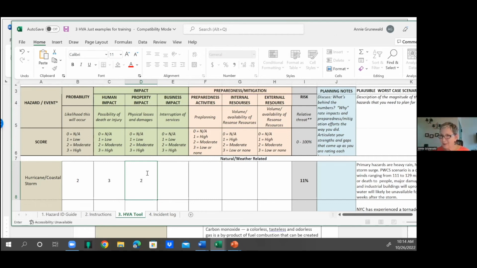I also want to think about, I don't really know what the impacts of winds are going to be on our facility. So I'm going to make a note that we want to do some research on whether there is something we need to do to mitigate against those winds. Our business impact probably could be a 2 as well, certainly going to disrupt our services. So now let's see,